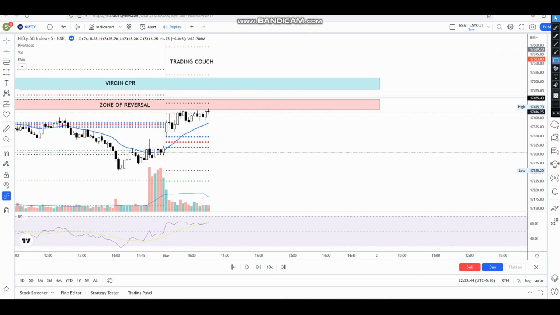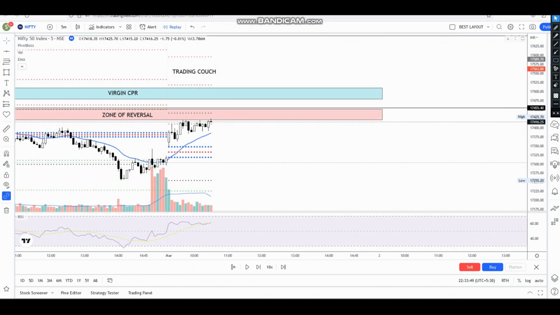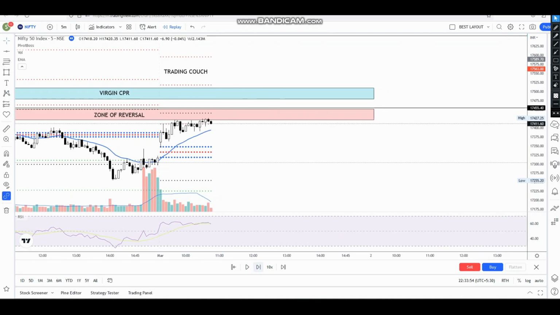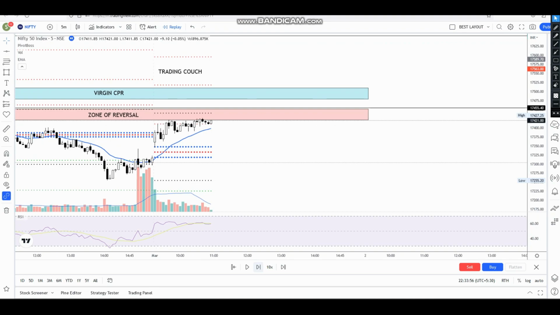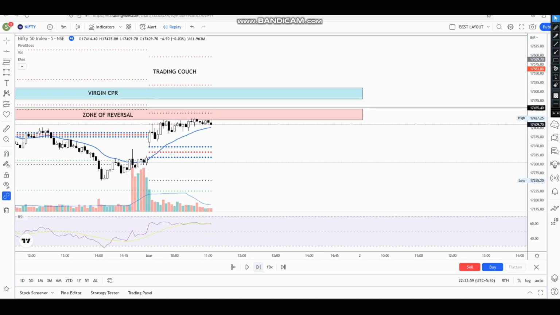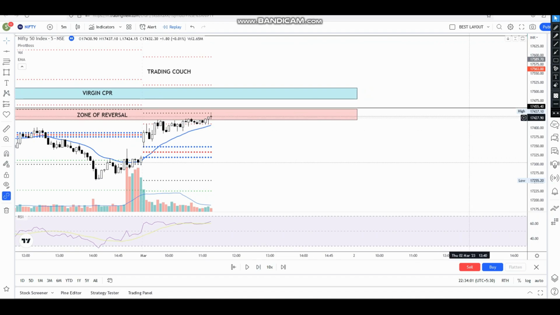We see that the price here has given a good consolidation, appears to be bullish, but since the zone of reversal is still intact and we are still banking on a reversal from this level, we still cannot take any trade. So let's wait for a proper price confirmation, and if you see the price action, you can see that the 21 EMA is acting as a dynamic support. So if we can probably draw a trend line here